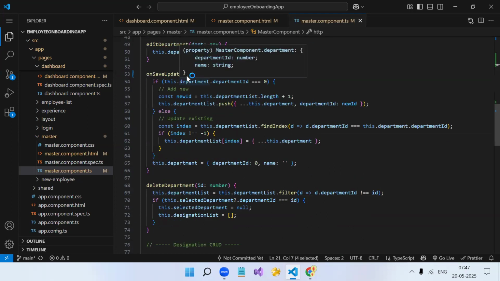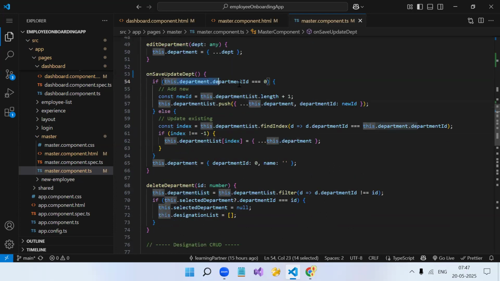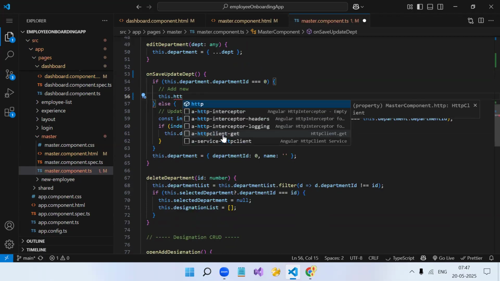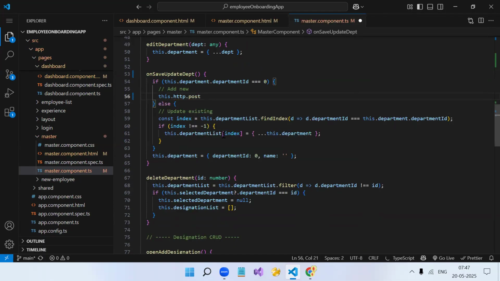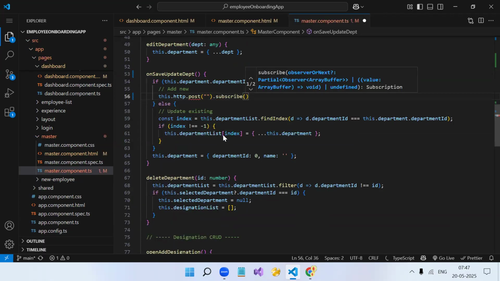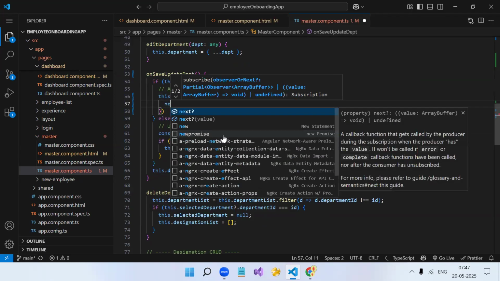Here you can see on save update department, we have a check. If the department ID is 0, we have to create a new department, otherwise the update API. So this.http